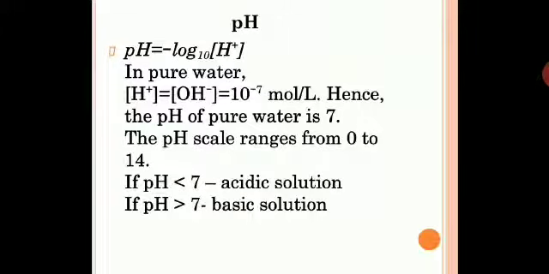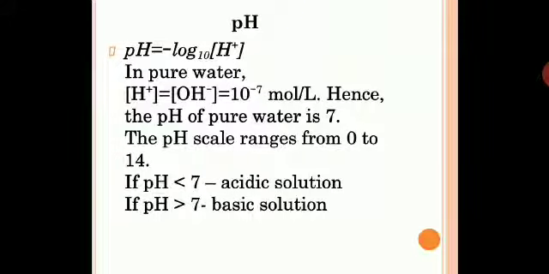Now, here you will have pH is minus the log of H plus ions. You just need to understand the concept. You can take it down. It will be helpful for you to understand pH. pH mathematically can be expressed as minus the log of H plus ions. That means it is inversely proportional. pH, power of hydrogen, is inversely proportional to the number of H plus ions present in a substance. So in pure water, you will have an equal number of H plus and OH minus ions, that means 10 raised to minus 7. So the pH of pure water is 7.